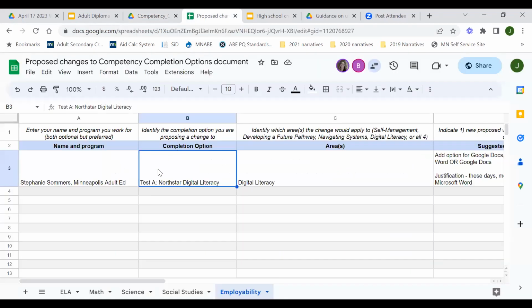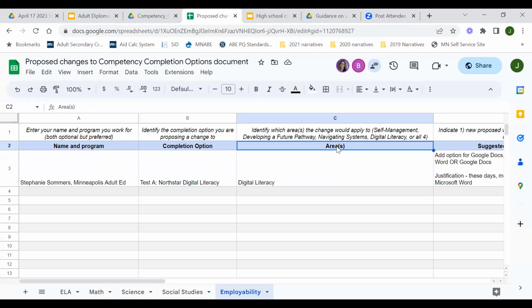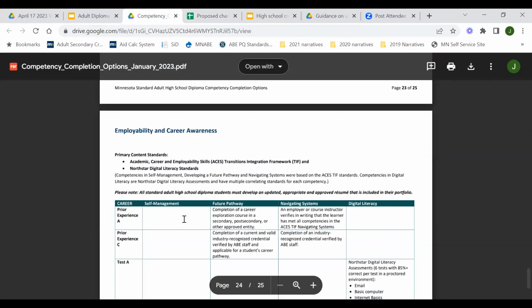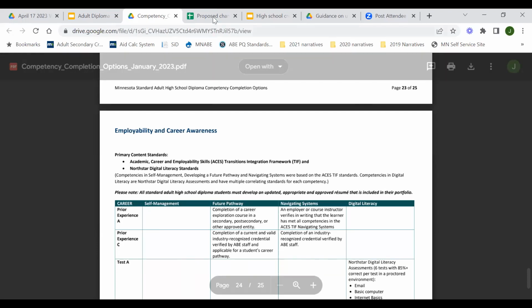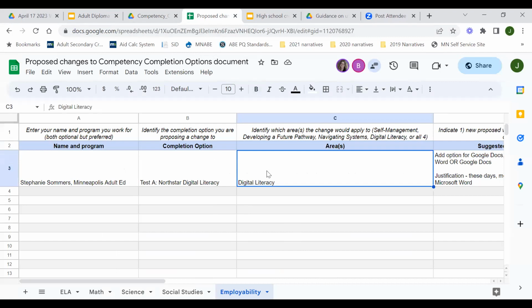You'll notice that this says Test A, North Star Digital Literacy. In this column, we want you to indicate which area this applies to. Remember that each of the 5 domains has 4 areas. Employability has self-management, developing a future pathway, navigating systems, and digital literacy. This particular change is specific to just one area, digital literacy.